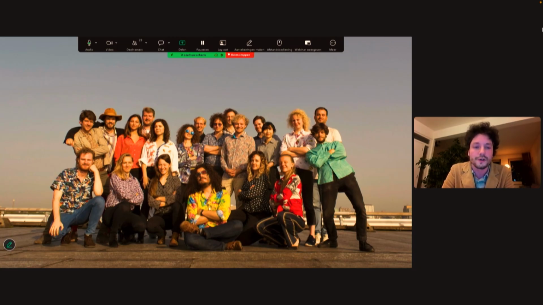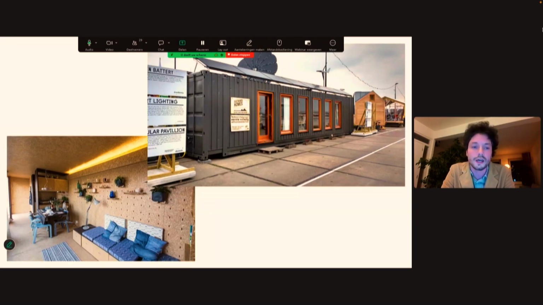Originally, the very first thing we made was actually very different from what we do today, which was a self-sustaining shipping container, where we put some windmills on the roof and some solar panels, and we had our own water filtering system. We thought it was a fully self-contained off-grid system. But nobody really wanted to buy this, so that didn't really help.